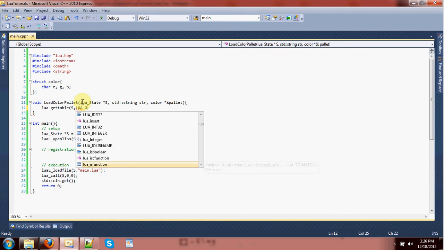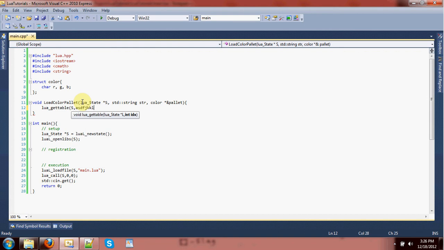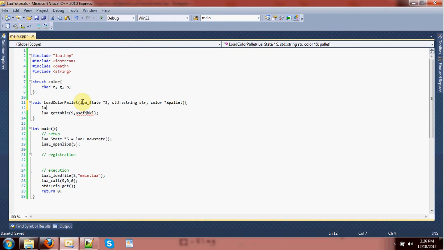But moving on, the idea here is we put some sort of ID here that is the global index, and then you also have to, before you do that, push the string that is str.cstring. So this is the most basic way of manipulating it. And what I'll do is I'll write comments over here on the right that show you what's in the stack. So first the stack was empty, then we pushed the name on there, then we converted the name into the table that pairs up with that name, and we used the global, we searched inside the global table to find that. There's also a registry table that's sort of hidden to the Lua scripts but available to C++,